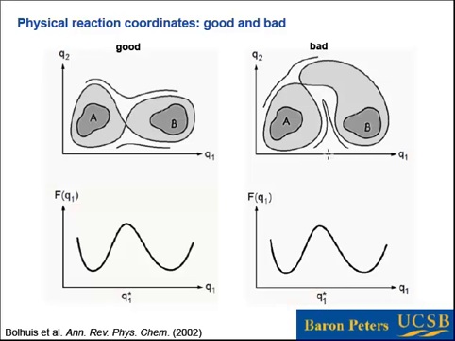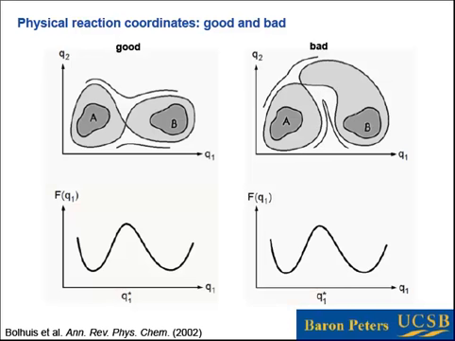Now, the situation is different when you look over here at the case of a bad reaction coordinate. So again, the coordinate that's changing when you go from A to B is primarily Q1. But you take this sort of nonlinear path between those two states, and again, if you did a projection onto Q1, you would find a double well. Everything looks like it's behaving completely fine. The problem is that now if you look in the multidimensional space at the configurations that correspond to Q1 equals Q1 star, they are along this vertical line, which passes through the edge of basin A and also through the edge of basin B.